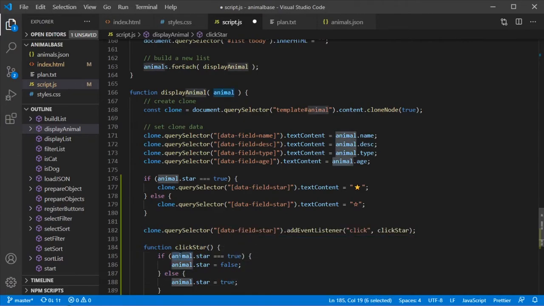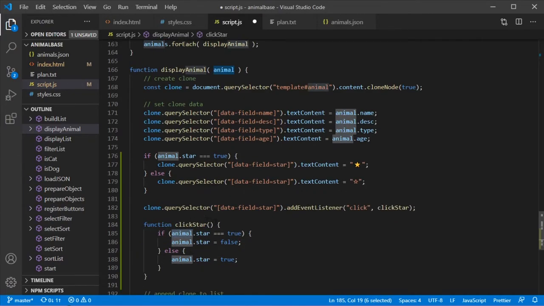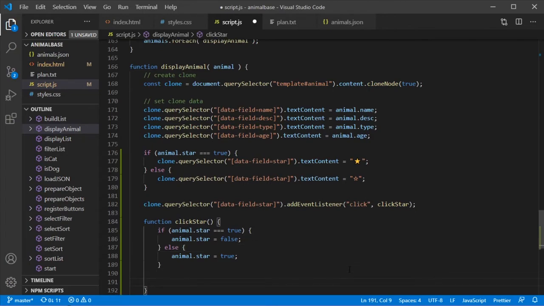And since animal is needed inside the click star function, we need closure to get it from the outer function, because we cannot send it with the event listener here. Then after having clicked the star, we would really like to build the list again. So to update the view,